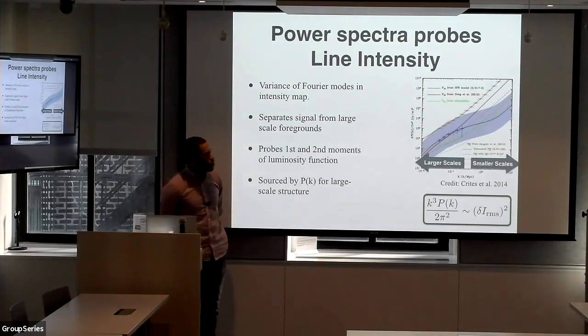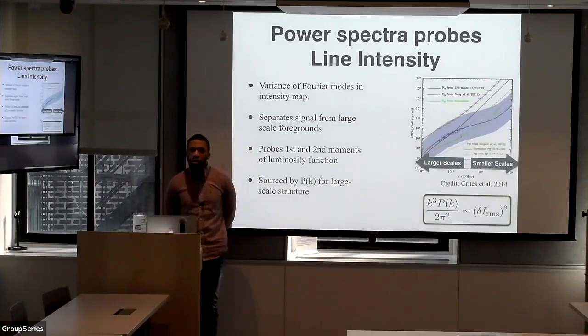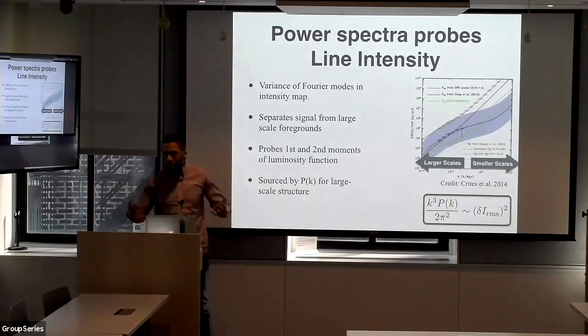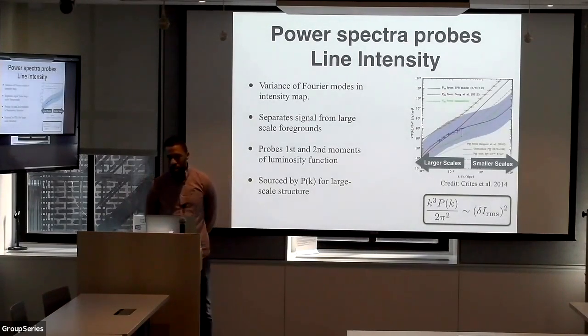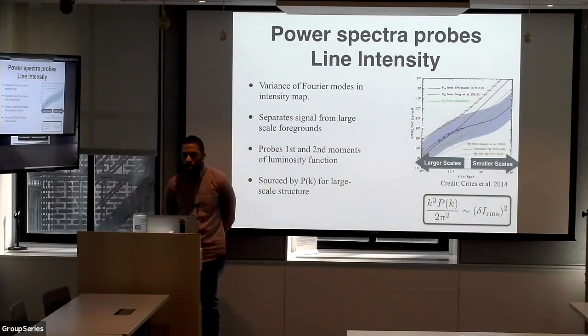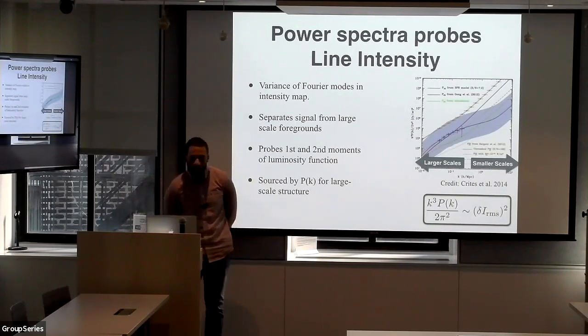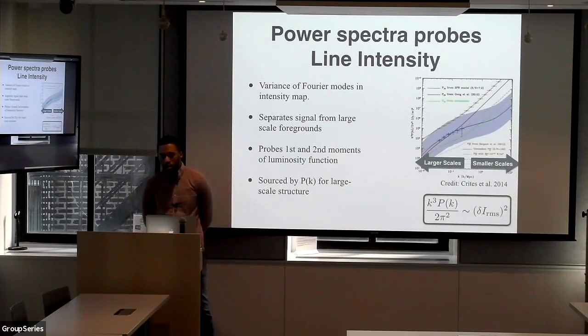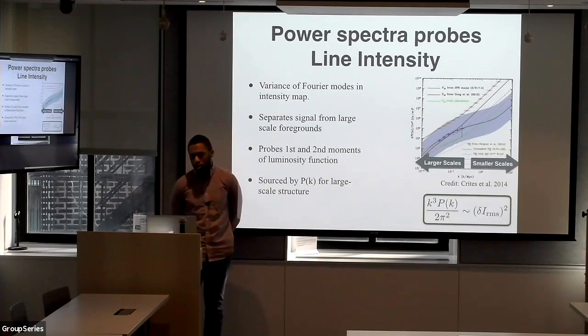tracer of the intensity of these lines. In particular, by measuring the power spectra, you measure in terms of the luminosity function, or the histogram of luminosities. The power spectrum would be a way to measure the first moment of the luminosity function, whereas the shot noise would measure the second moment of the luminosity function. This would also be proportional to the power spectrum, just like in galaxy surveys, and so you would indeed be able to potentially trace large-scale structure.